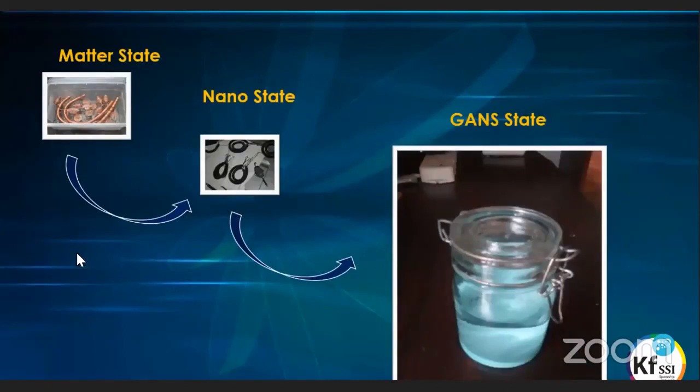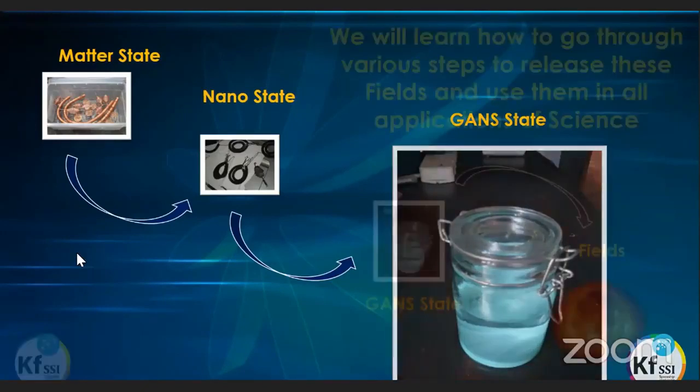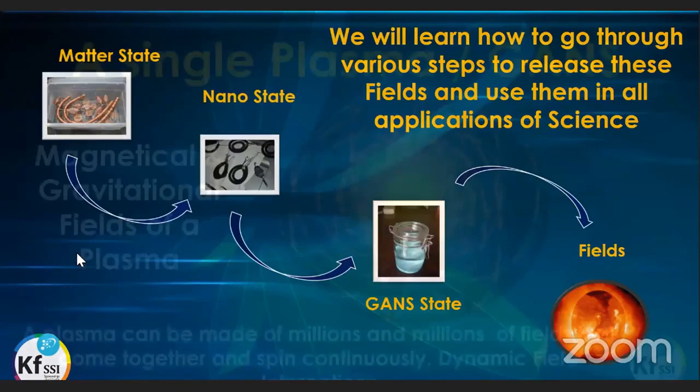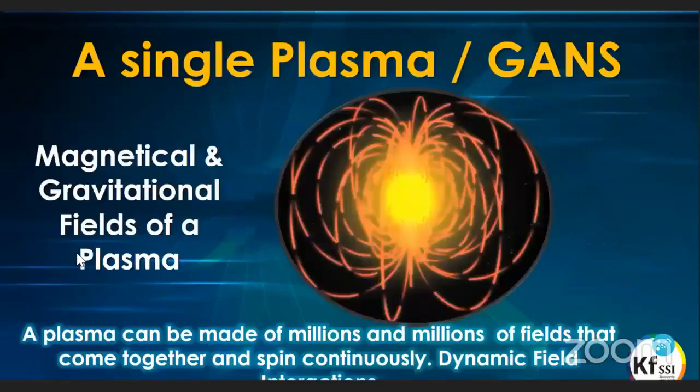All right, so we've learned over the last few workshops the matter state, we've learned how to create the nano, and now from the nano, where we've nano coated our plates, we can now use all these to start creating our GANs material that we would like. And then from the GANs, we learn about the fields that come off from that GANs, as we've understood that the tiny little GANs that we produce is like the little suns. So it's like a little sun having its own magnetic or gravitational field.